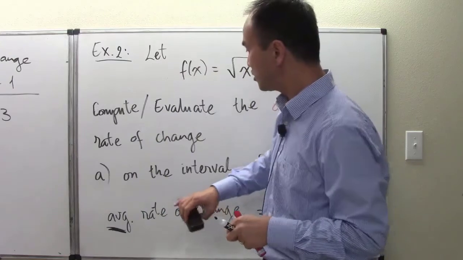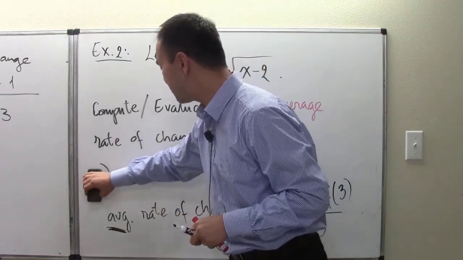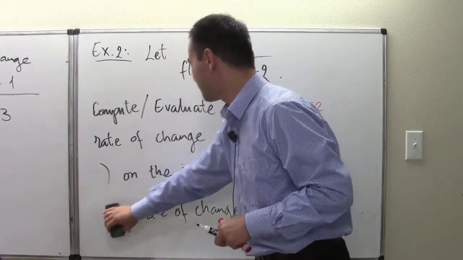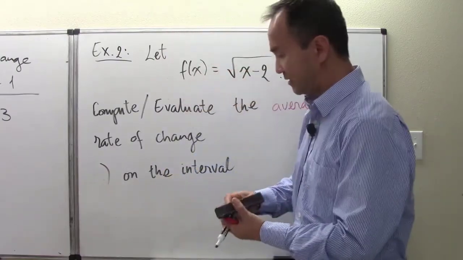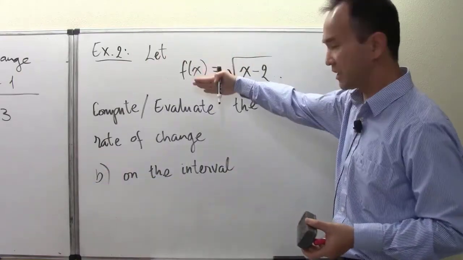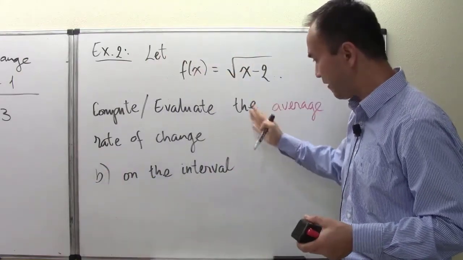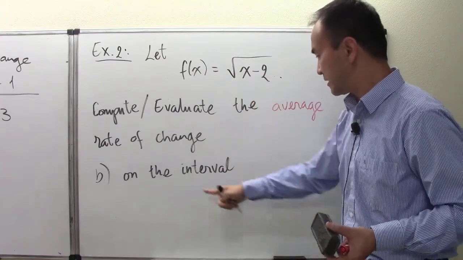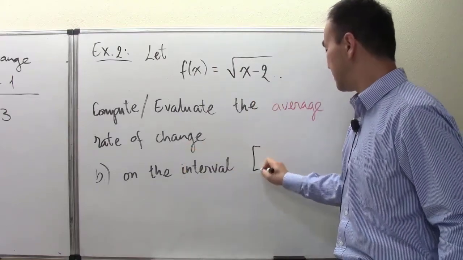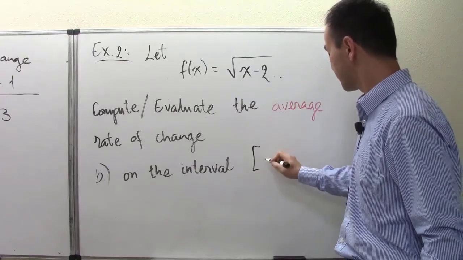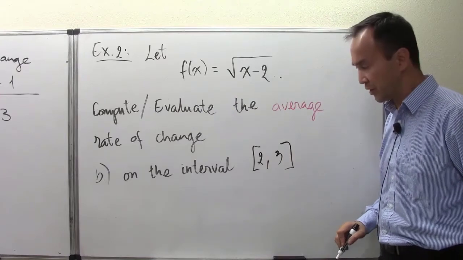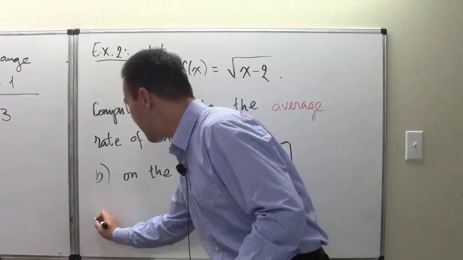And now let's look at part B of the example. Once again, on the same function here, let's calculate the average rate of change on the interval, how about from 2 to 3? Okay, from 2 to 3. So that average rate of change